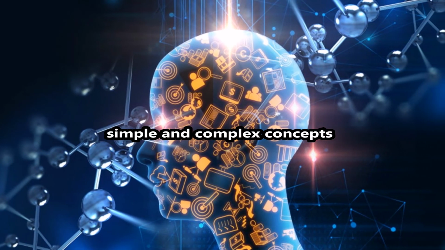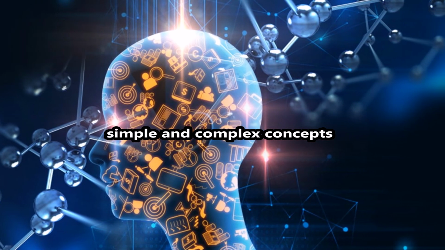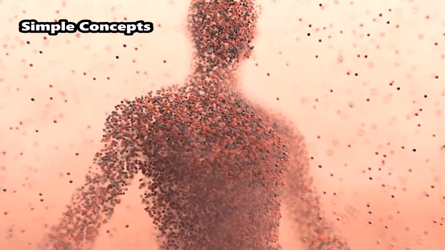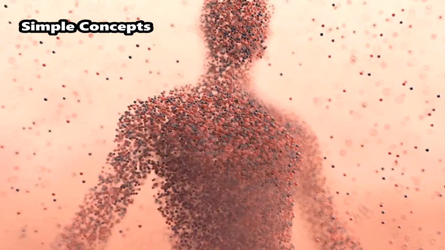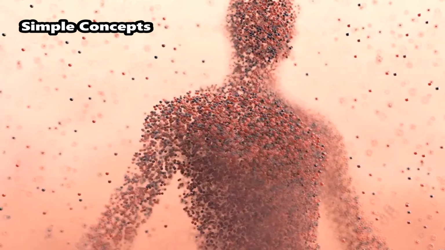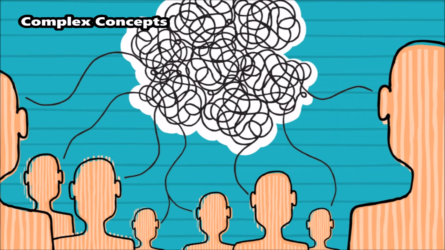Concepts can be of different types. Concepts have been classified into two types, namely, simple and complex concepts. Simple concepts are those concepts that are based on a single common feature between various things, events, or qualities. For example, all animals are alive, anything living is composed of cells, etc. Complex concepts are the concepts that are based on many common features between things, events, or qualities.